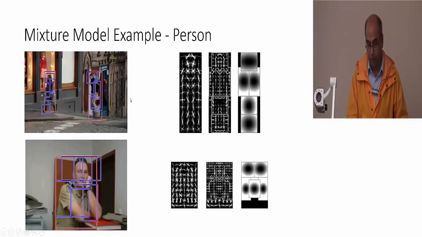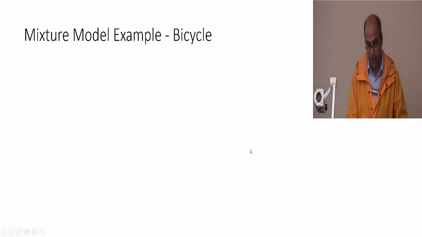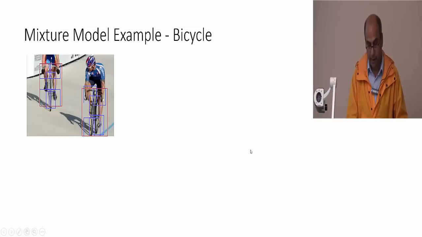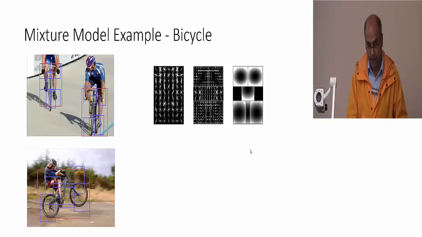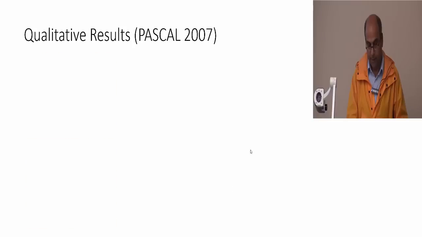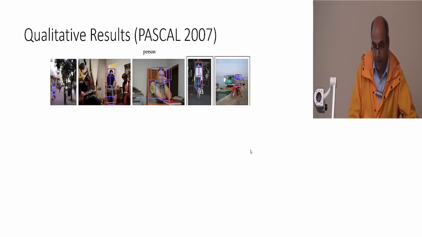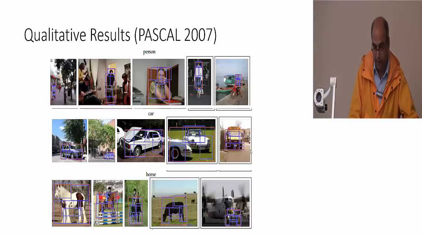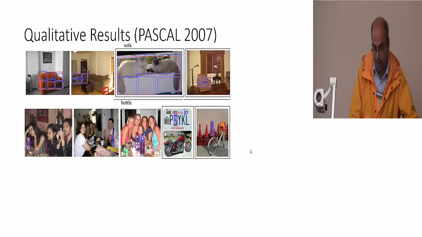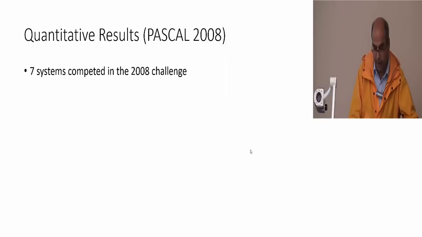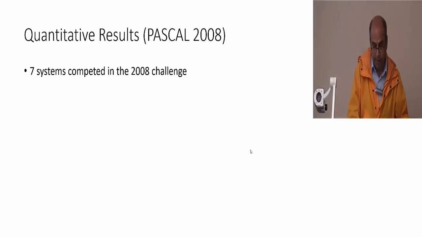Each of the models will have a root filter, part filters, and deformation cost. Similarly for a bike, and like that, another model, this another model. So for the 2007 challenge, these are the detections for person, this is the car detection, and horse detection, sofa, bottle, cat. And so they competed in the 2008